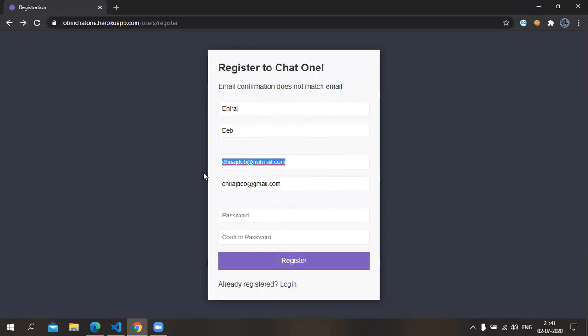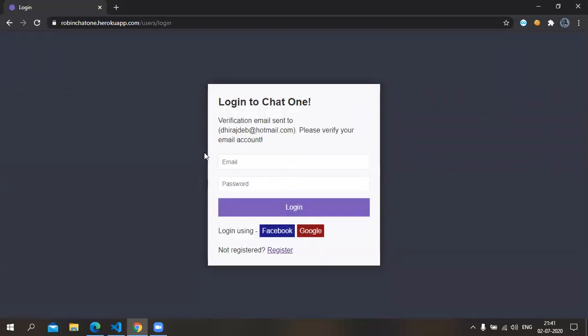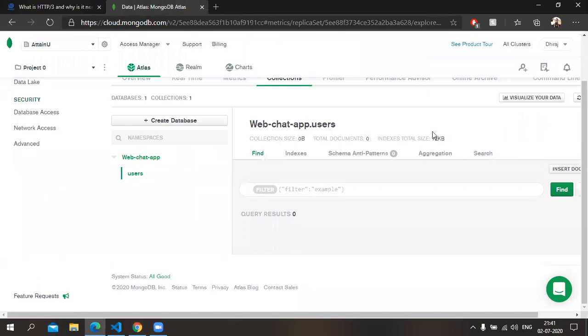So let's use the same email and the same password. So here, as you can see, the user has been created, and if you check in the database,